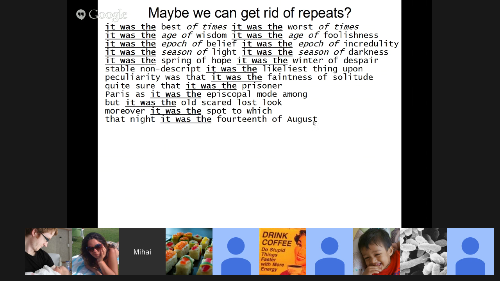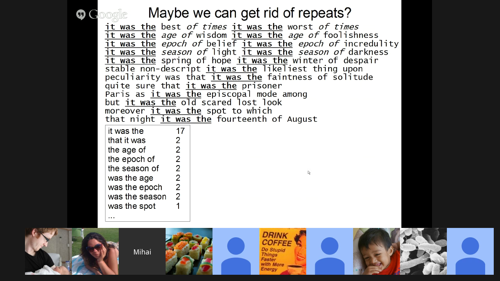In our case, in the case of Dickens, I'm showing you more of the book than the first paragraph. And here it's pretty clear it was the repeat that really confused our reconstruction, and it occurs in many places in the book. These are just a few of them. So the question is, how will an assembler figure out what this string is, and then use this string to eliminate it from the book, so I can reconstruct just the parts of the book that don't contain the repeat? If you do simple counting, you can figure out very quickly that it was the repeat,